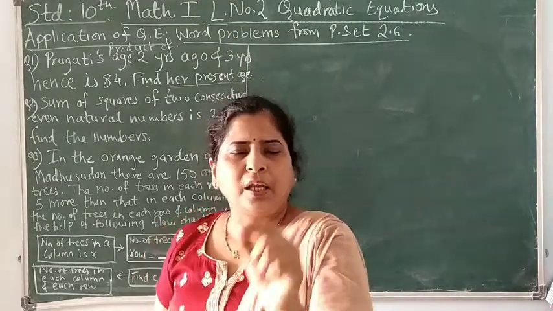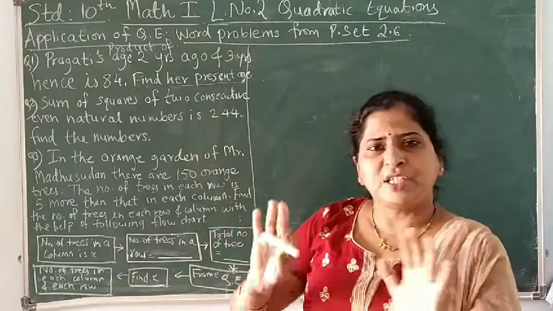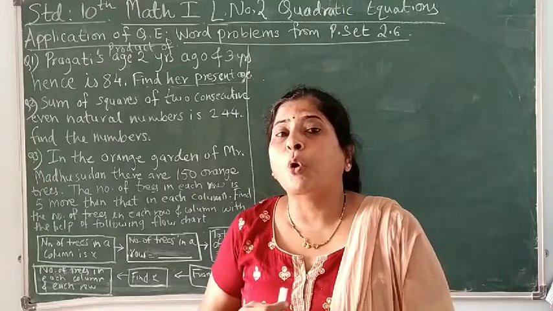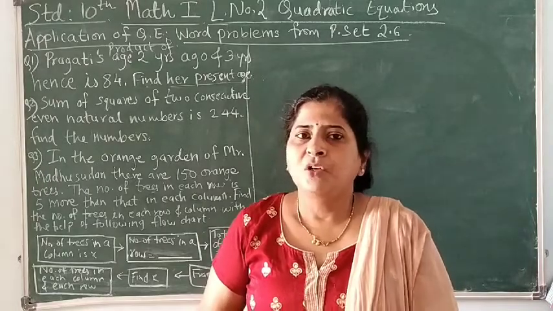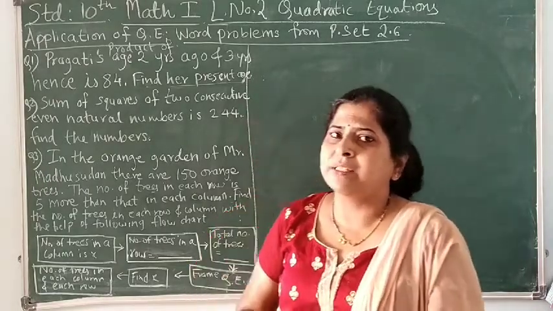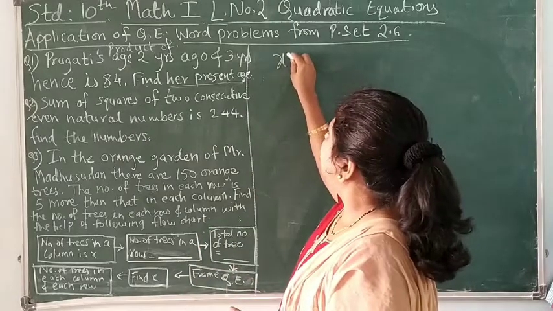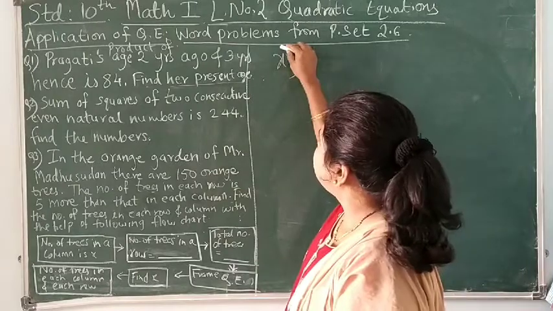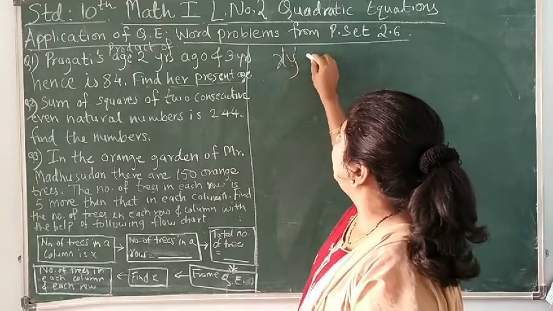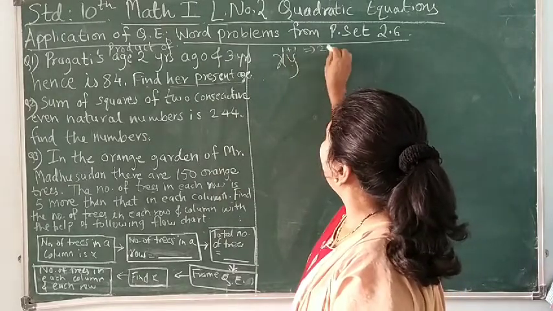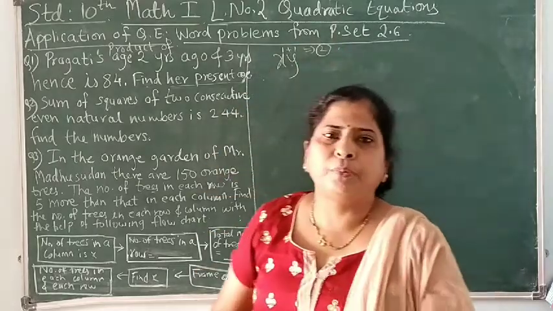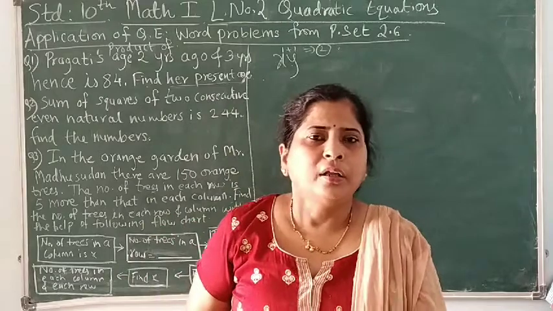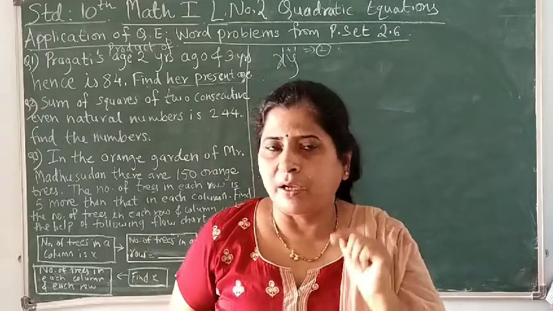For example, in a question you find information which tells you that we have to take a product of the variables, say x and y. When we have this product, what is the degree of xy? The degree of xy is 1 plus 1, that is 2. So when we get 2 as the degree of the variable, wherever we have a product, we are going to get a quadratic equation.